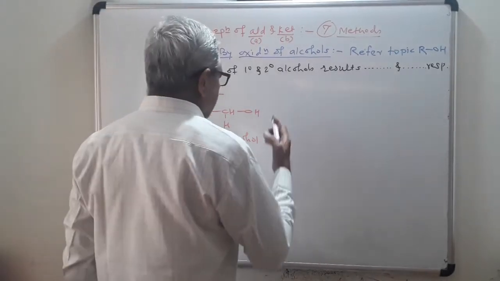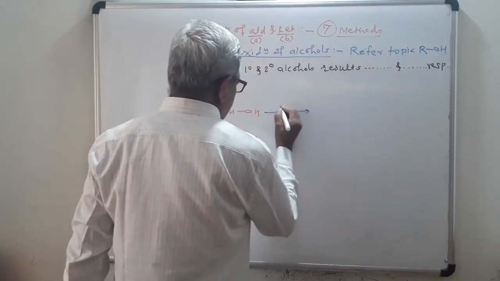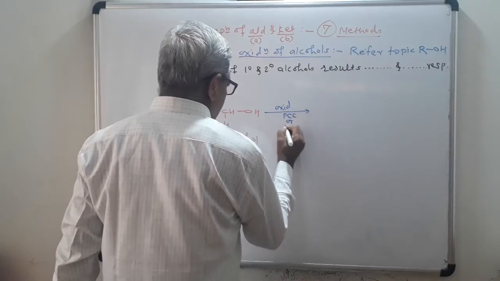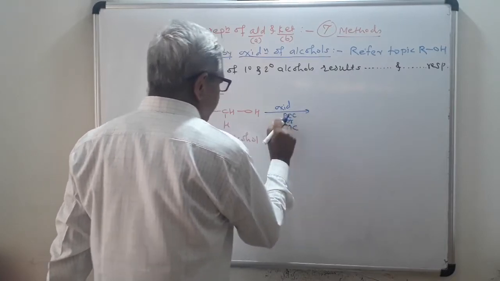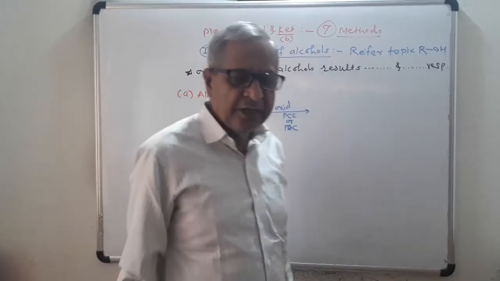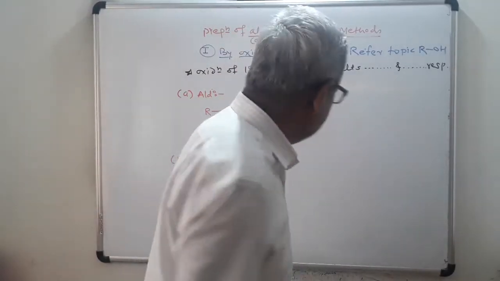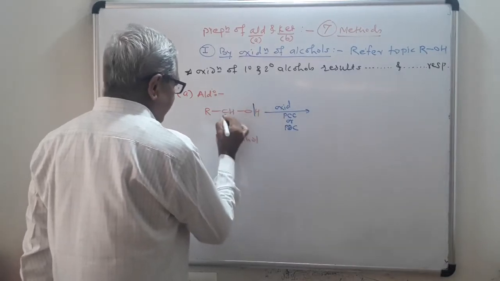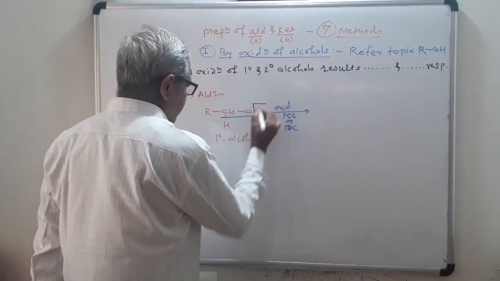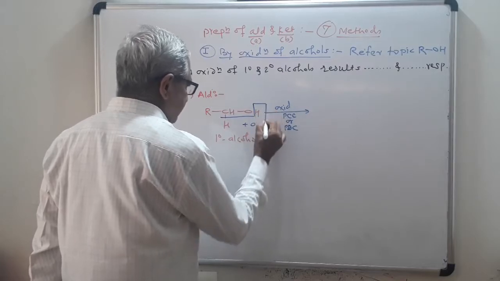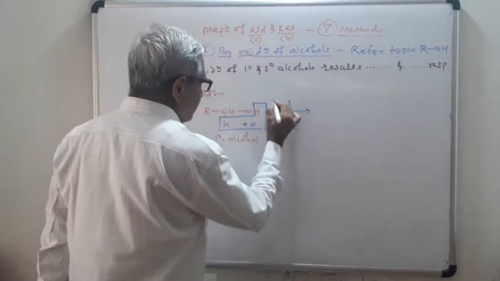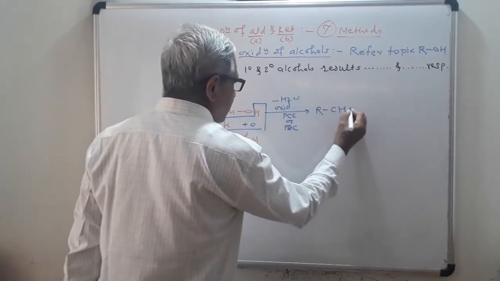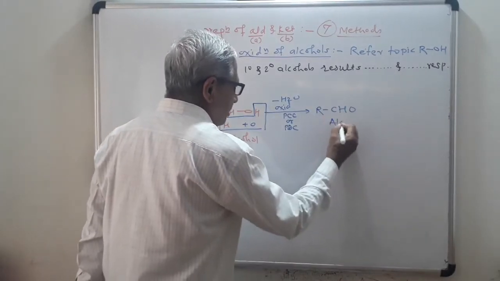Now see here, you will do the oxidation reaction here. Here oxidation is carried out by using PCC or PDC, pyridinium chlorochromate, pyridinium dichromate. So one hydrogen from the oxygen and one hydrogen from the alpha carbon atom is removed during this oxidation, and oxygen is added. So you can remove here a water molecule, minus H2O. So what I will get here? RCHO, and this is the general formula for aldehyde.